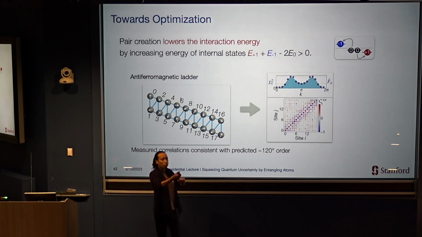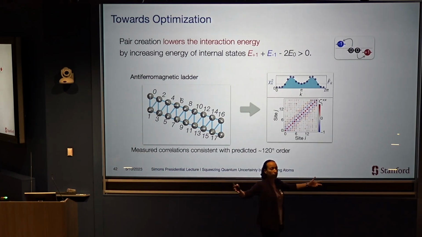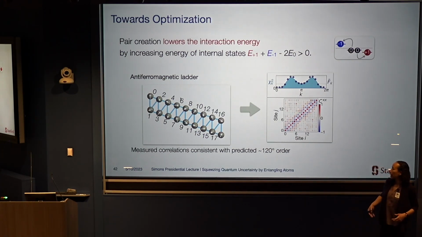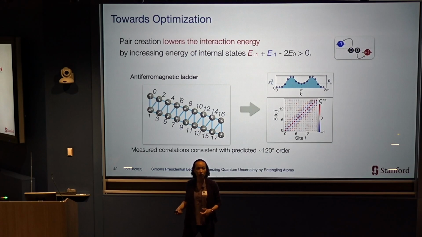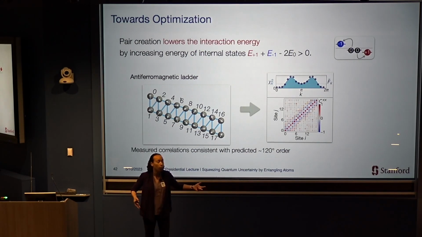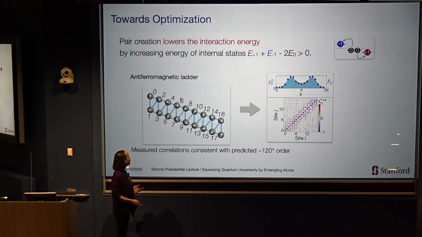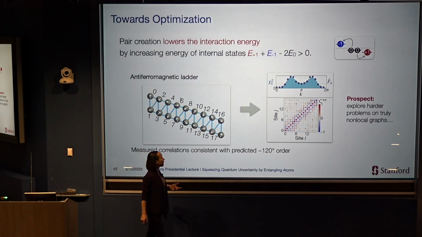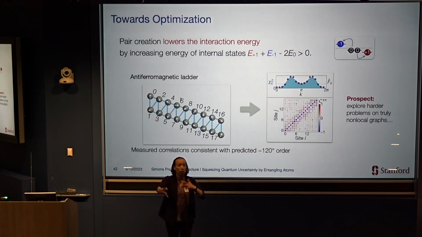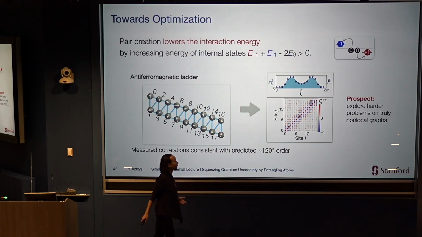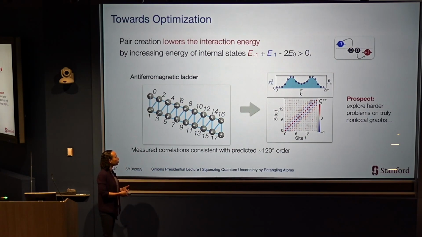And when we actually measure the correlations between the spins in our system, we see that that's exactly what they do. And so it's an indication that this system is naturally finding low energy states of this interacting spin system. One question is how well does it do it? Does entanglement in the system help? And we would love to explore to what extent this system solves these types of optimization problems well in the case where the problem is actually a hard one. So here I looked at this and I told you how the spins should align. But it turns out if I have a general non-local graph, these can start to be hard computational problems. And we would love to explore to what extent the quantum dynamics in our system can help to solve them.